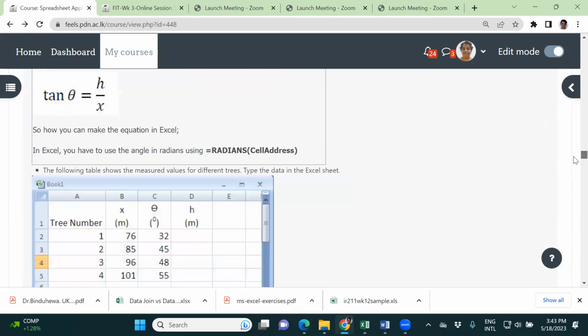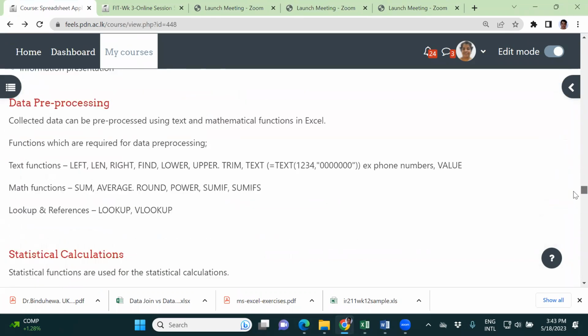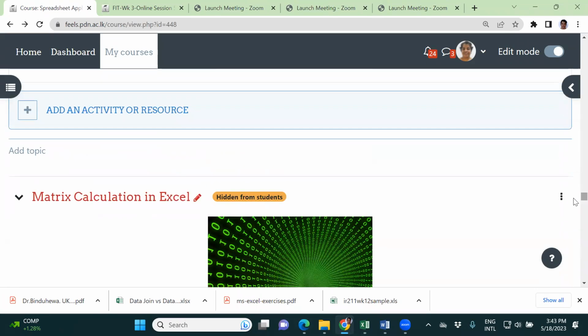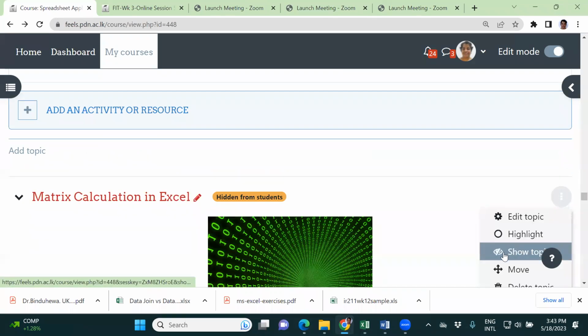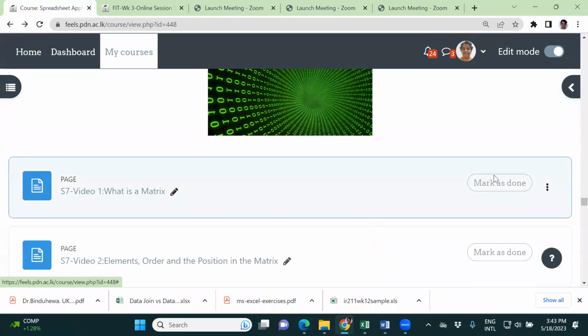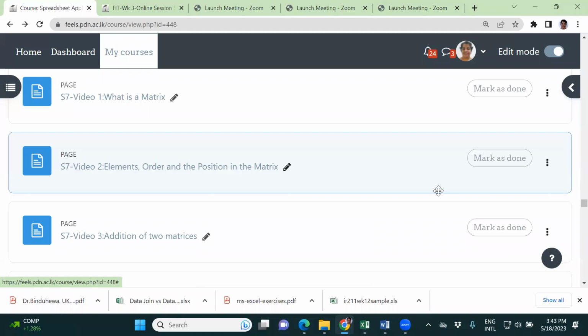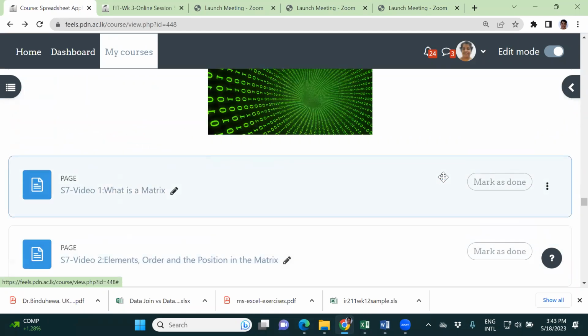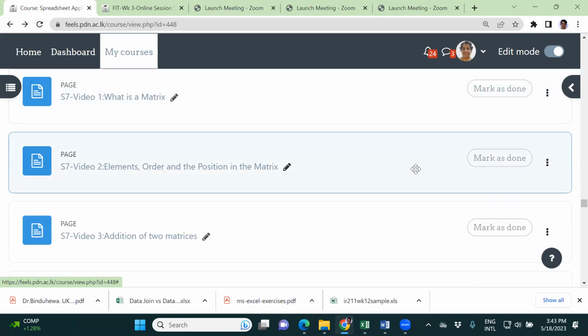You already know what a matrix is, and you can refer to some videos about matrices to get an idea. And the most important thing is